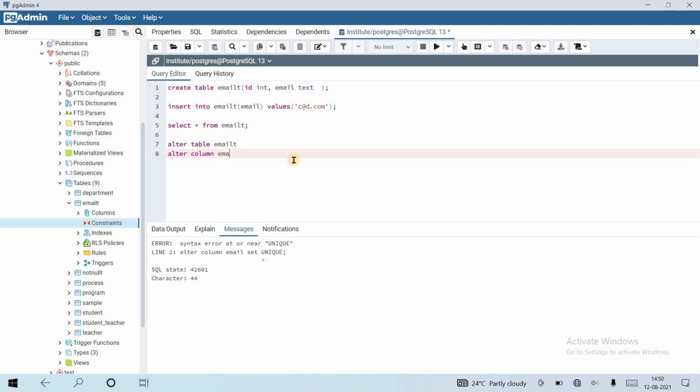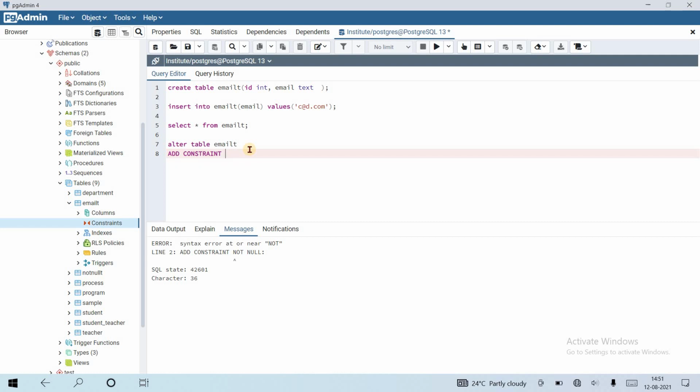So here we need to add a constraint. I have checked the add constraint syntax for the not null constraint. We cannot add a not null constraint like this; there is a specific way of adding a constraint. So we need to use add constraint unique, or add a constraint with some constraint name of your own.